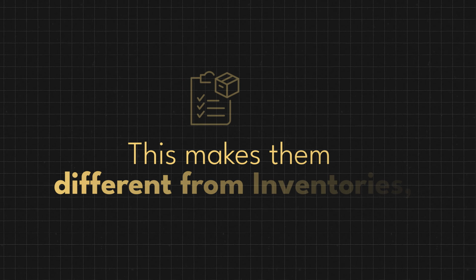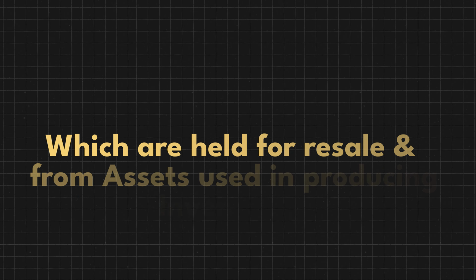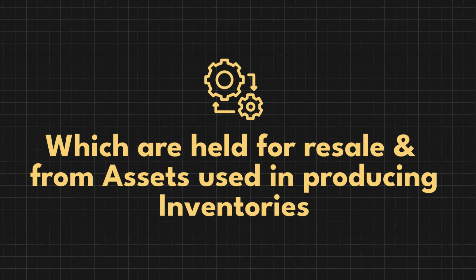Property, plant, and equipment are tangible assets that are held for use in production, supply of goods or services, for rental to others, or administrative purposes, and are expected to be used over more than one period. This makes them different from inventories, which are held for resale, and from assets used in producing inventories. This section applies to property, plant, and equipment and investment property where fair value cannot be measured reliably without undue